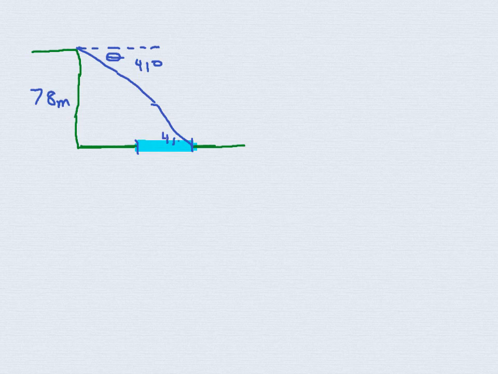Now it goes on to say the angle of depression directly across the near side of the river. So we're looking down, the angle of depression directly across the near side of the river. So we're looking down at the river, but now we're looking at the side closest to the cliff. So you would expect that if you're looking down closer, you're looking down harder, and therefore you're looking down at a bigger angle, which is the case. It says 70 degrees. So now we're talking about the angle from there all the way down to the other hypotenuse, and that whole angle,